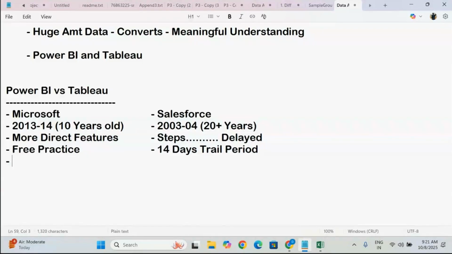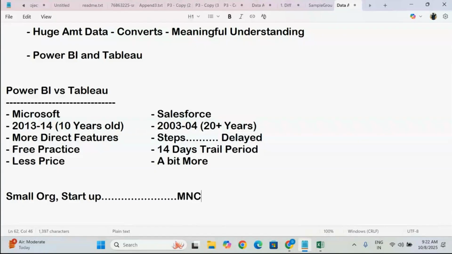So for that matter, the license price here is less. But here also it is a bit more, not much more, compared with Power BI. So that's why you should understand that any small organizations, startup companies, big MNCs or product-based companies